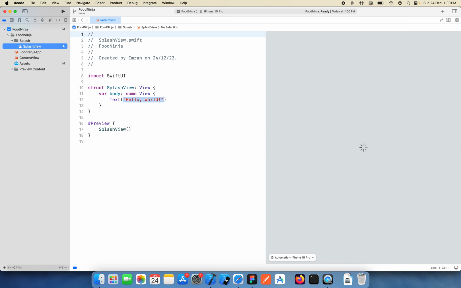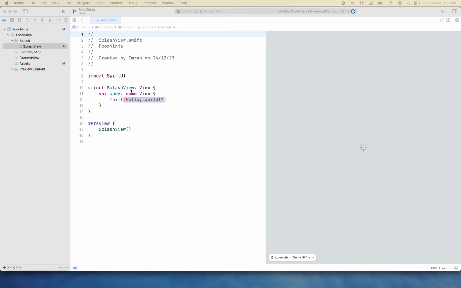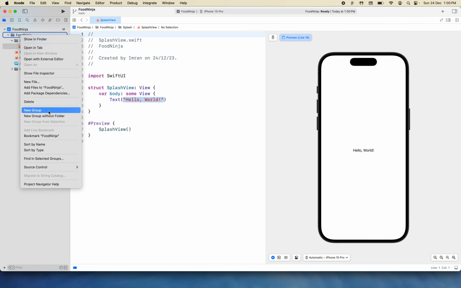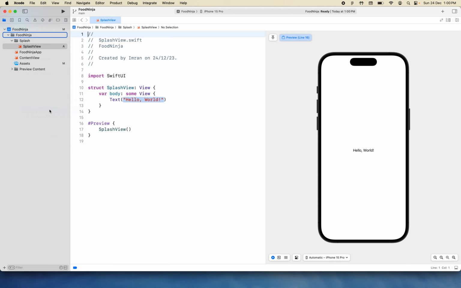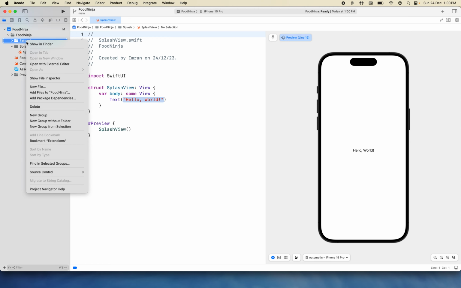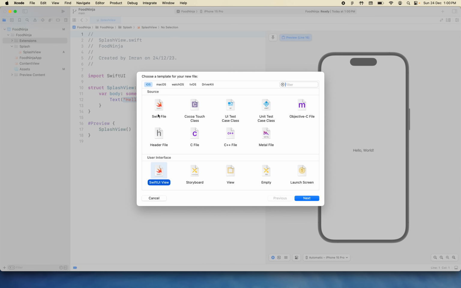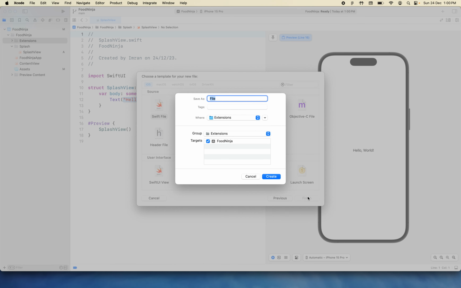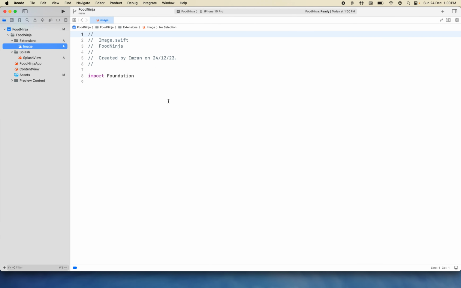Okay, so the next thing I want to do is add these assets in an Image extension to make it more organized. So let me create an extension, and I'll create an extension of Image. So select a Swift file, click Next, and name it Image. Here, I would like to import SwiftUI first because Image is accessible only in the SwiftUI framework. I'll create an enum,